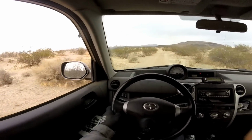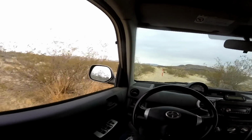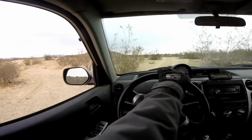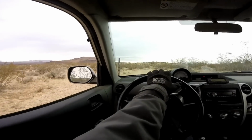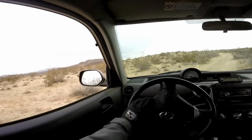Well, so far I haven't been able to find the claim. I don't have directions to it. All I have is a square on a map, and that's it. It doesn't have any GPS or anything, so I know it's just past this other claim that I know where it is, but I don't know how far, and there's like 3 or 4 roads that go off in different directions. I could probably find it, but maybe I'll just go back and